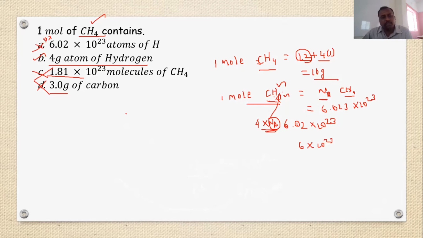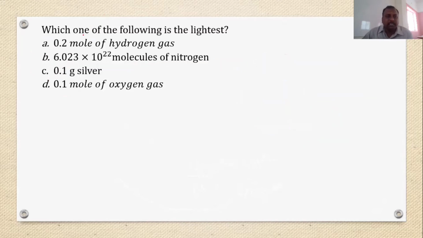சரி, next question பார்த்துக்கலாம். So whenever you are studying about it, நீங்க other options compare பண்ணி தான் answers prepare பண்ணா it gives a better understanding. See here, which one of the following is the lightest? So lightest அப்படின்னு சொல்லிட்டு they are given certain things. You just, lightest னு கொடுத்தா they are mentioning only the weight. So you convert into the respective weight here.